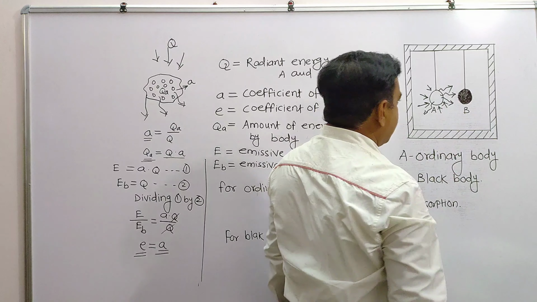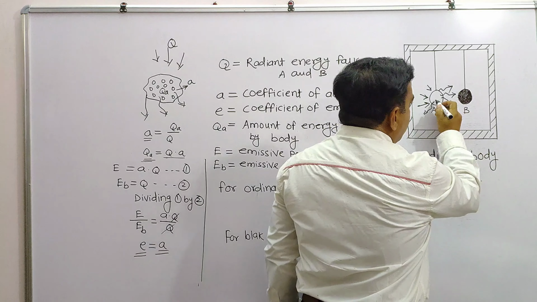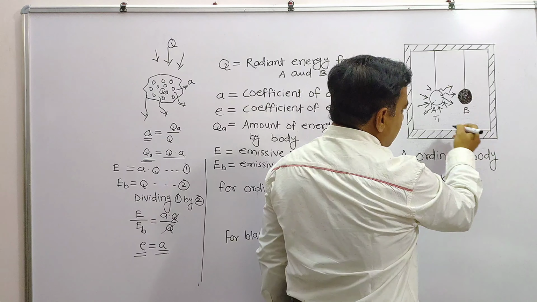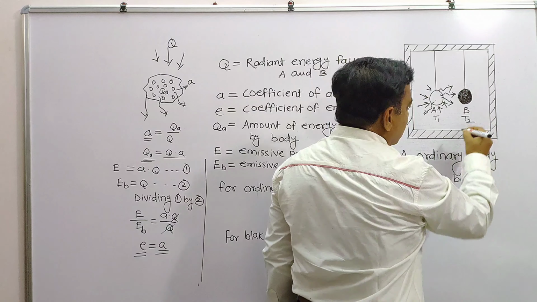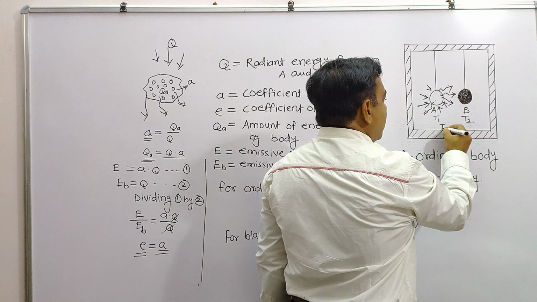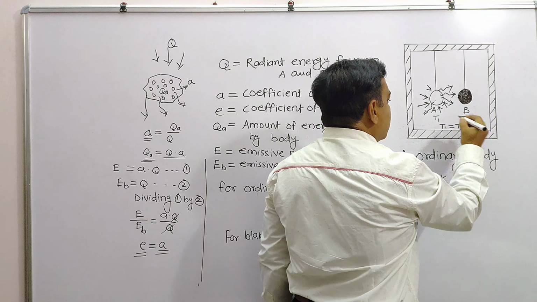After some time, whatever the energy, if the temperature is T1 at the initial position and T2 is the temperature of this place, after some time the T1 temperature is equal to the T2 temperature,